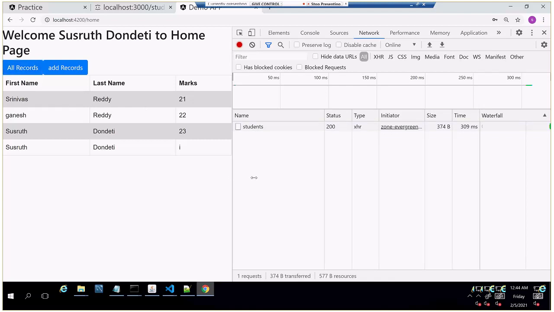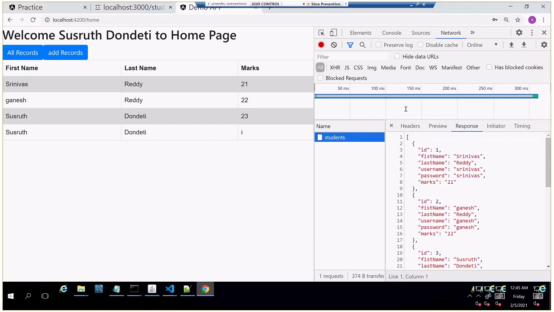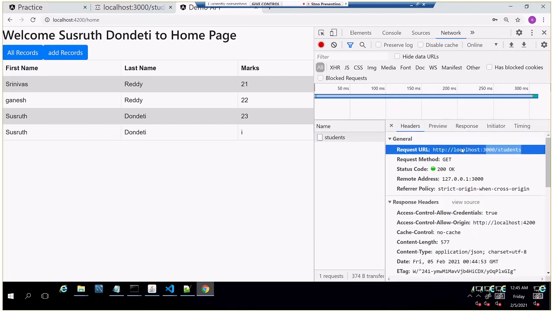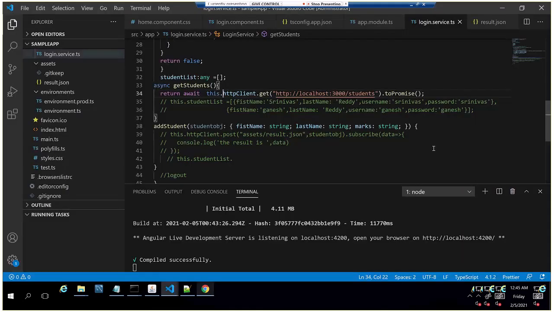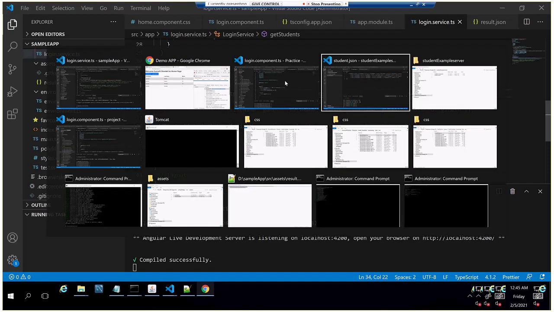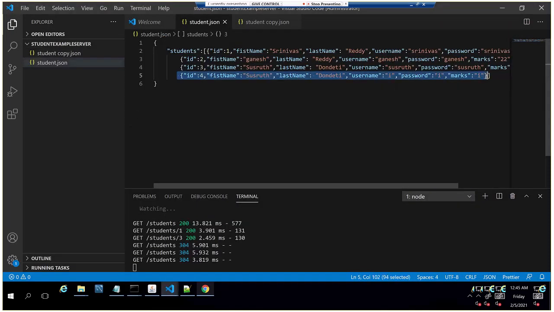Now if you see here, it is going to the URL localhost students, the same URL where we have the data in student.json. Now I'll add one more row just for testing and see whether it is loading properly or not.